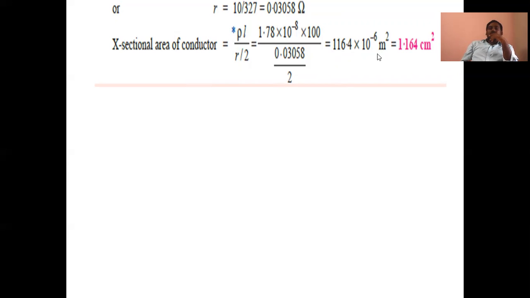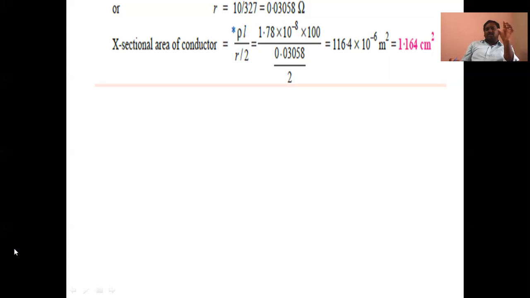So like this, we will calculate the problem. Why can we consider R by 2? Because R is the resistance for two conductors, and R by 2 means for one conductor. Small r by 2 means for one conductor we can calculate. Here we simply need the cross section area of one conductor. It is enough. That's why capital R is nothing but small r. No problem, capital R or small r, whatever it may be.